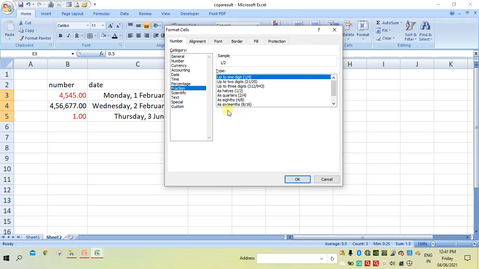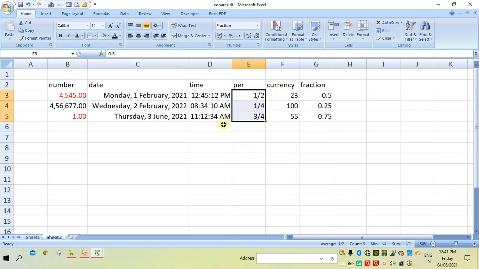From this you can choose any one, then select OK. So here we have fractions. Fractions are what we get in this way, in the form of this format.